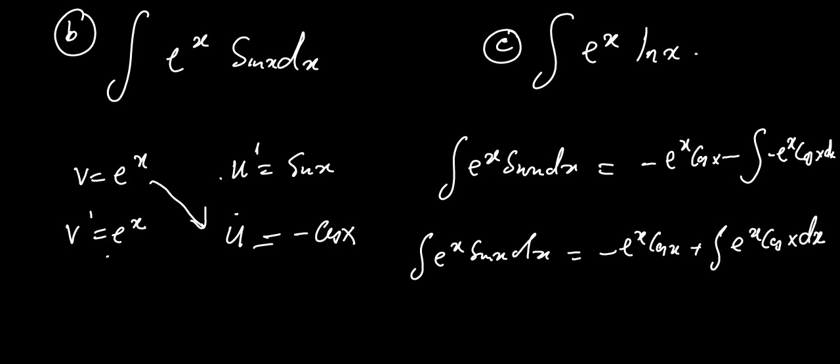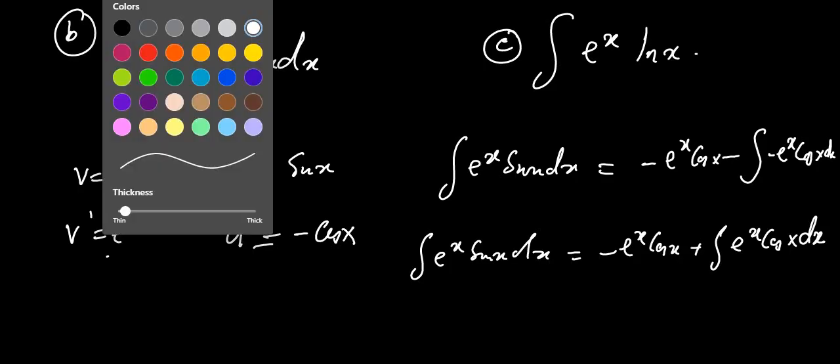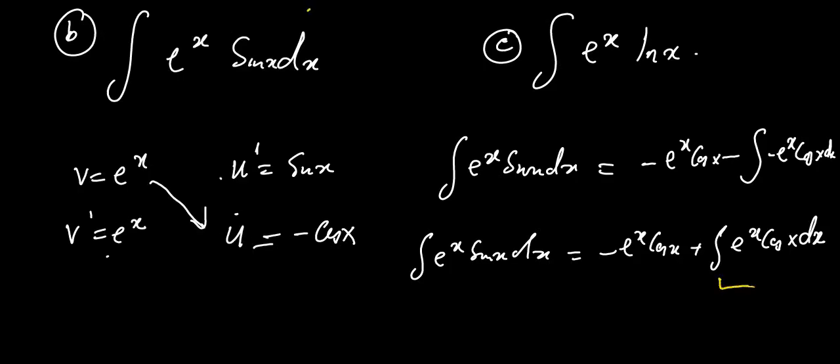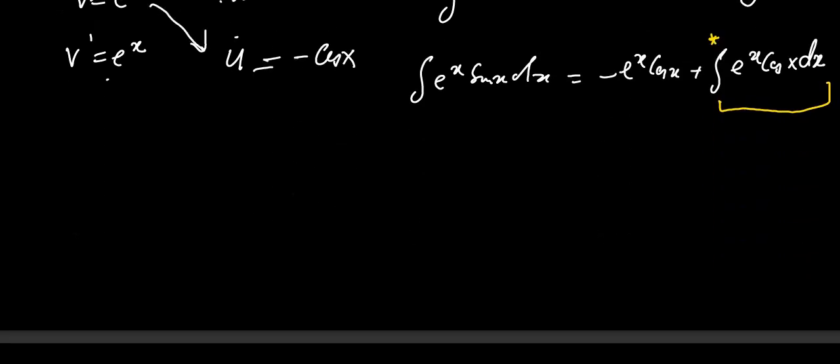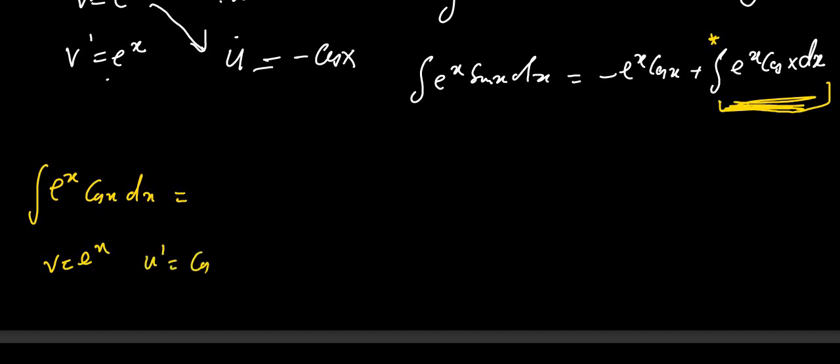So when you reach this stage, you notice that the part you are having on the left should also be integrated using the same integration by parts. So I'm going to get this part and integrate it again, the one that I've indicated here in yellow. So we get our e to the power x cos x dx, and when you use by parts, I'll just choose my v to be e^x and my u prime to be cos x. So u is sine, and we're going to get e^x sine x